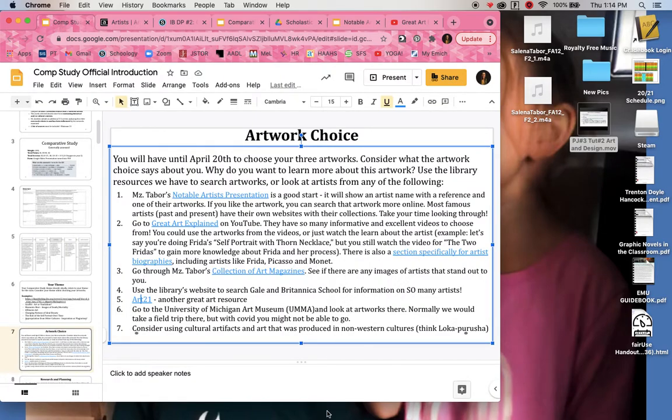The next thing is to go to the University of Michigan Art Museum or the Detroit Institute of Art or a local college that is holding an art show, and just go look at art and be inspired by art. So if it's available to you, do it. If it's not,